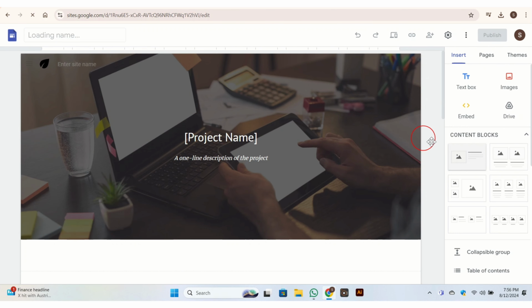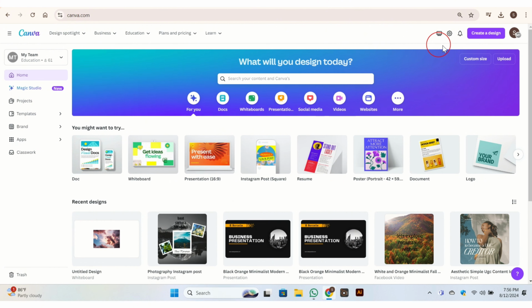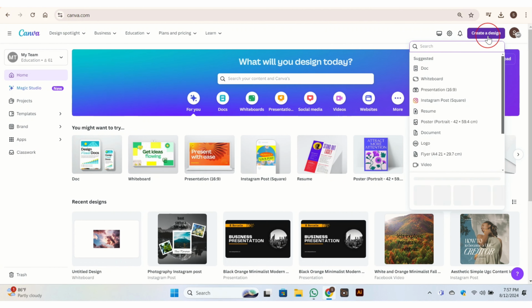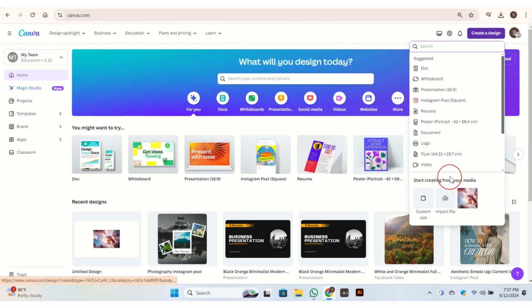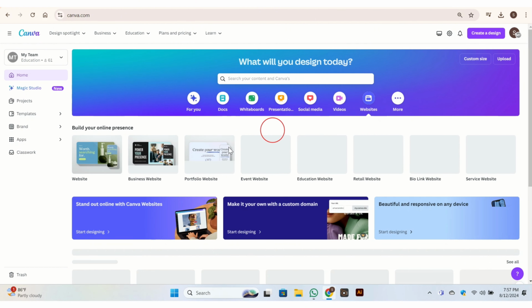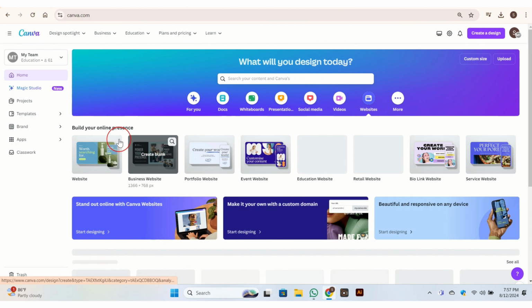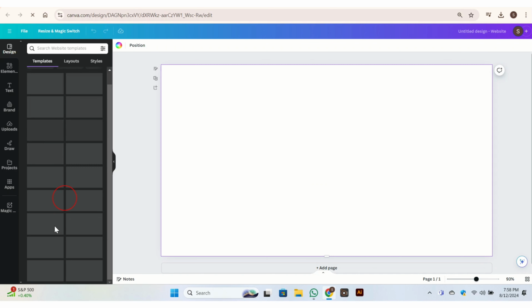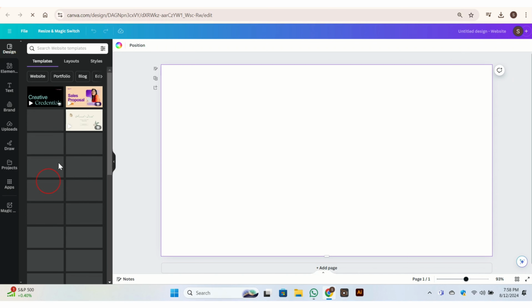Once you have done this, just go to Canva. Once you are there on Canva, just click on this create a design button on the top right corner. Then this type of page will pop up on your screen. Then many templates will appear on your screen. Just choose one from them. Once you choose one, wait for at least 2 to 3 seconds. Then this type of page will appear on your screen.